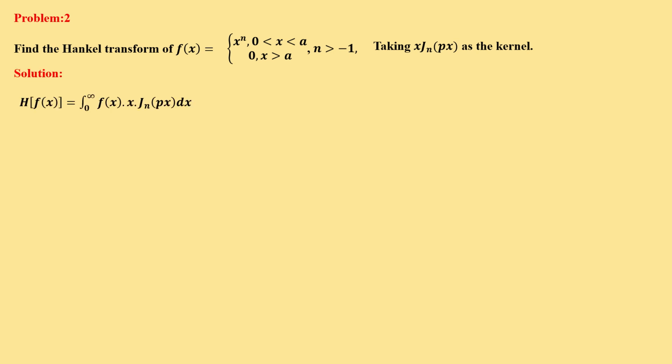Find the Hankel transform of f(x), which is equal to x^n if x lies between 0 and a, and 0 if x is greater than a, and n is greater than minus 1, taking x J_n(px) as the kernel. So we know H[f(x)] is equal to the integral from 0 to infinity of f(x) times x times J_n(px) dx, which is equal to,